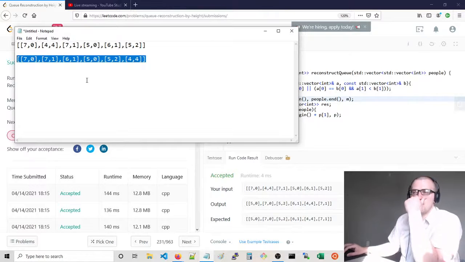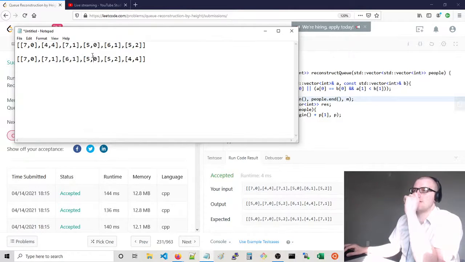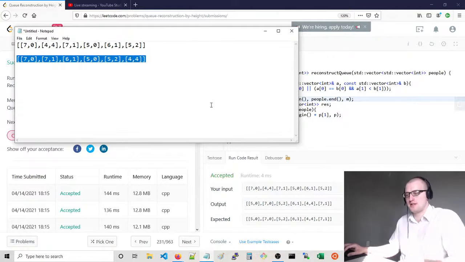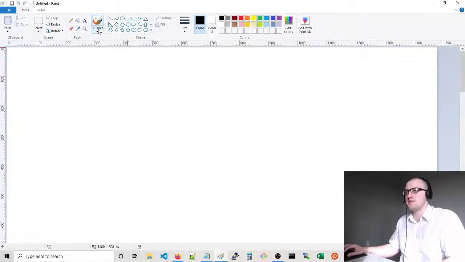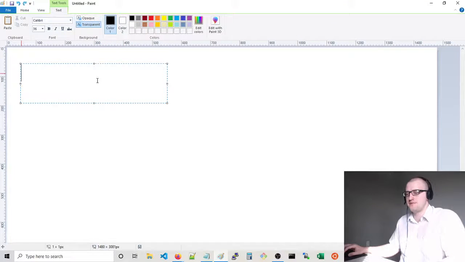So now we want to figure out a way to insert these nodes into our data structure, into our tree, in a way that allows us to